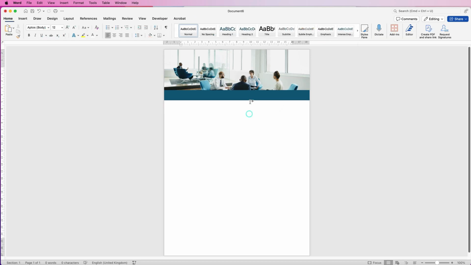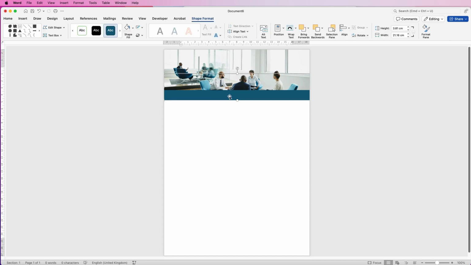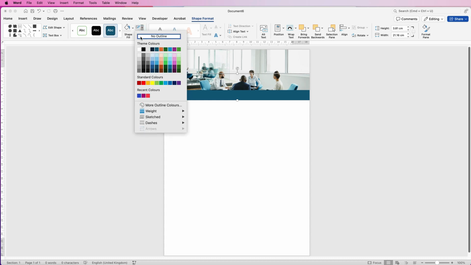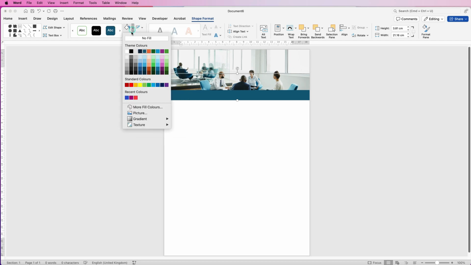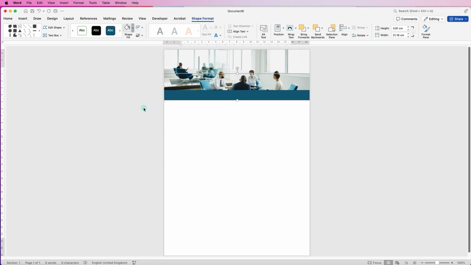Now it may not be the color you like because this image may be a completely different color. If that's the case, just select the shape, go to shape format. Now I'm going to go along to this icon here, which is no outline, because all the images will have an outline color around them. And then shape fill, you can select from a number of different options here,